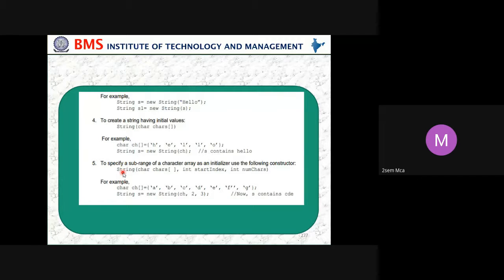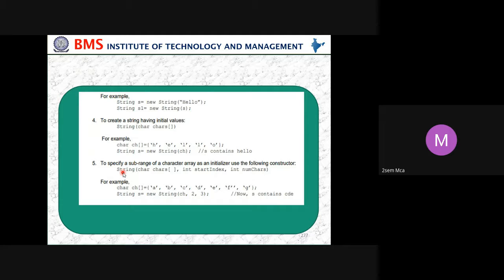One more way is to specify a sub range of a character array as an initializer, using the following constructor: String(char chars[], int startIndex, int numChars), that is the char array, then the integer start index, then the integer number of characters.